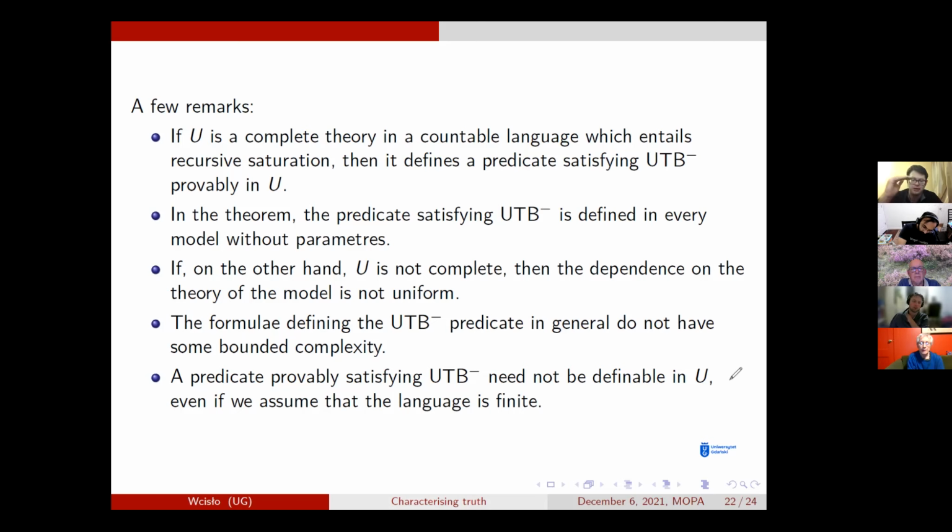As for the region above UTB, UTB is the strongest notion of saturation I personally know. Of course, there is resplendence above it, right? So UTB doesn't entail resplendence. It's an inductive theory, right? So you can have rather classless models of UTB in the language of truth predicates. Of course, resplendence is above everything. But